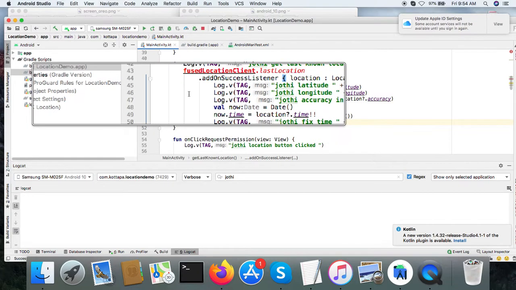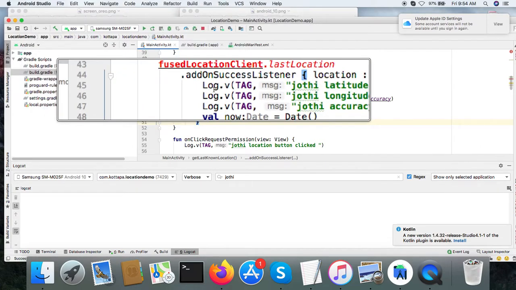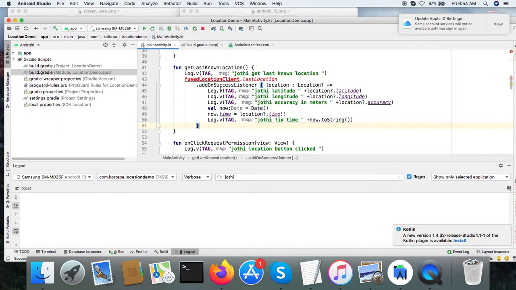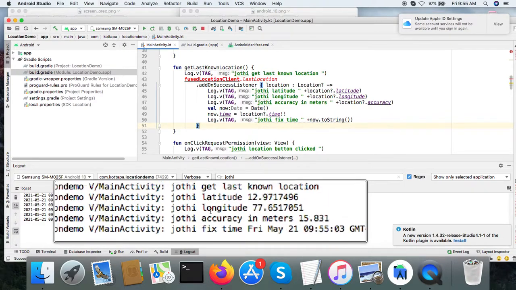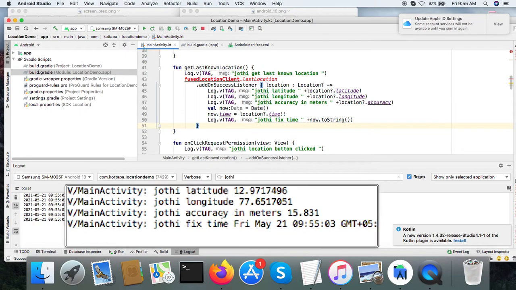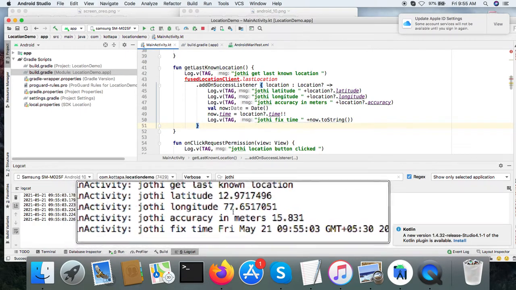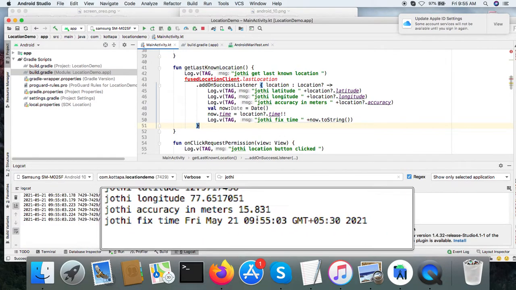So now I have connected my Samsung phone to my PC. I am going to click the button. So now it is going to return the location information. See, now I click the button. It read the location information from my mobile, and it is displaying latitude, longitude, and it is telling that this location information is accurate up to 15